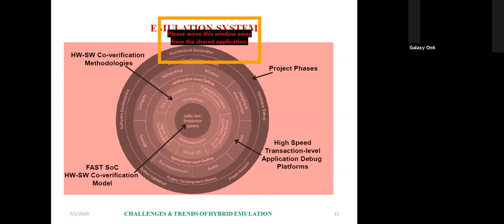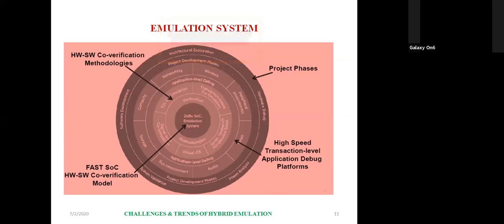These are certain applications where it plays a role. And this is an electronic system level, that is, a transaction-based co-emulation. Co-emulation can operate and surround certain operating environments. That is called co-emulation.